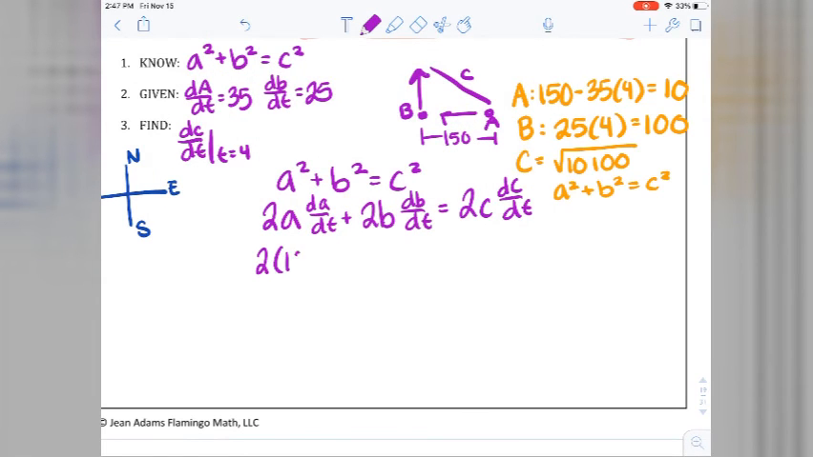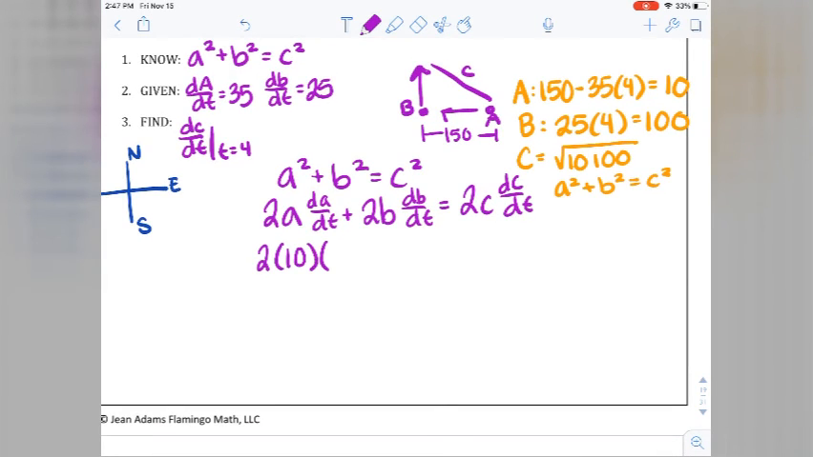So then we get 2 times 10 times here, the 35. But if we think about this distance as being A, is that distance increasing or is that distance decreasing? That distance right now is decreasing. So when you go back to your dA/dt, think of it as a negative. That is why it's a negative. Plus 2 times B, well, our B is 100, dB/dt, which is our 25, equals 2 times our C,